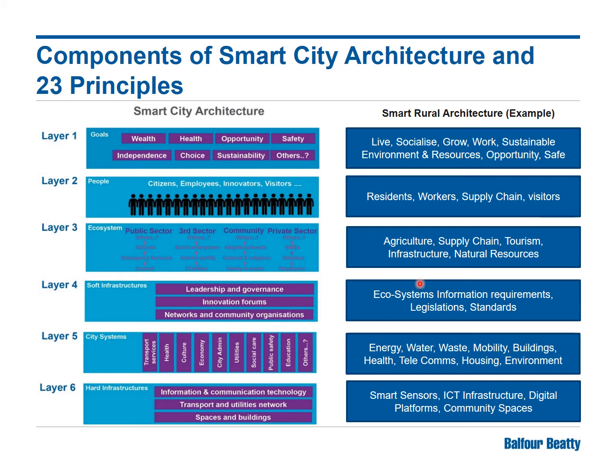Soft infrastructure related to agriculture might be slightly different to smart cities, but city systems and rural systems will be very similar. Hard infrastructure is a layer which in principle is similar. However, the difference out in the real world might be a bit different. In cities, there will be comparatively better hard infrastructure than in rural areas. So this is the only layer where you will see some difference.